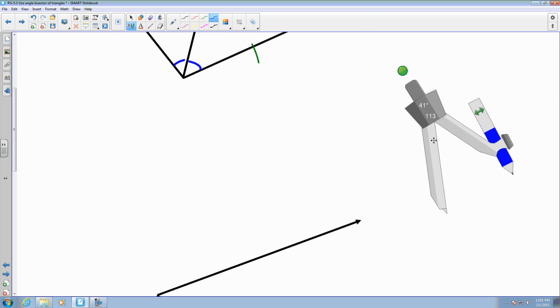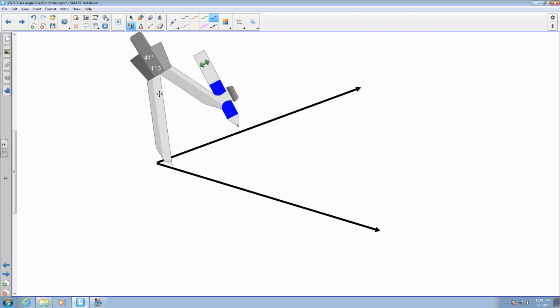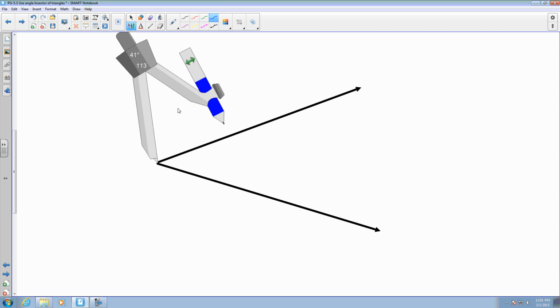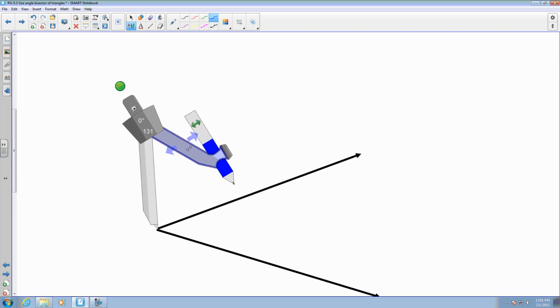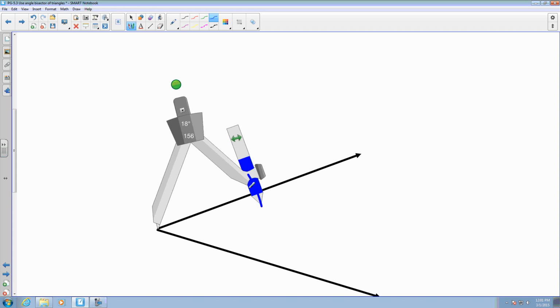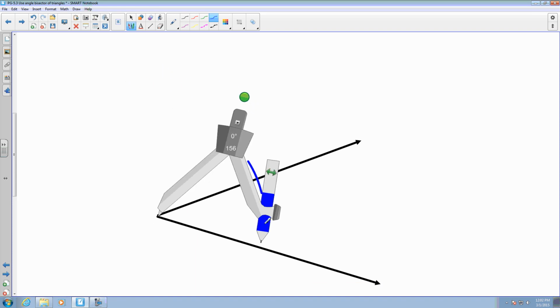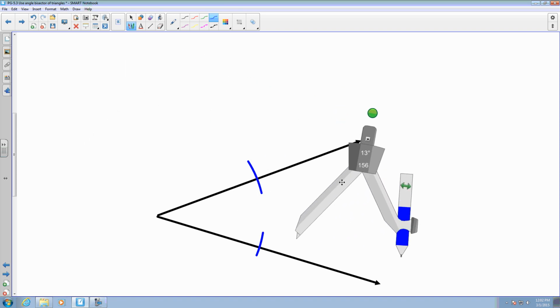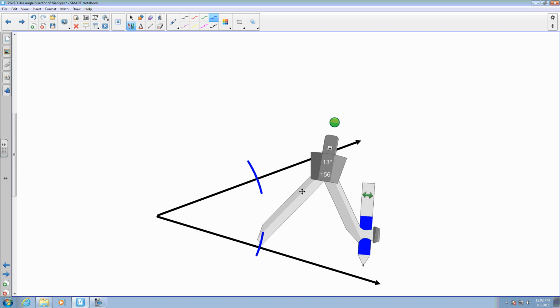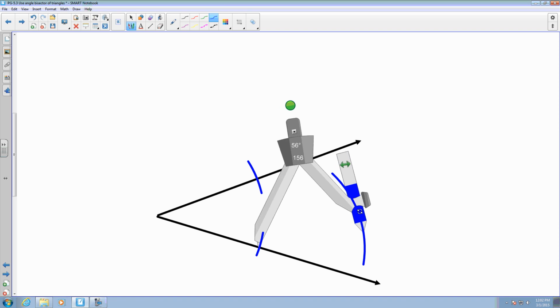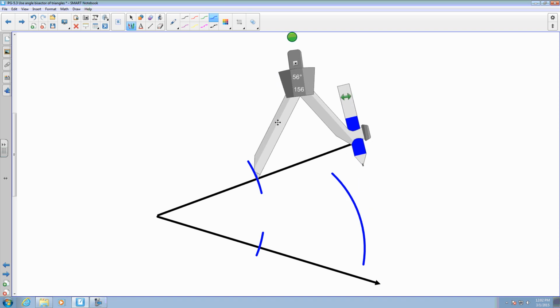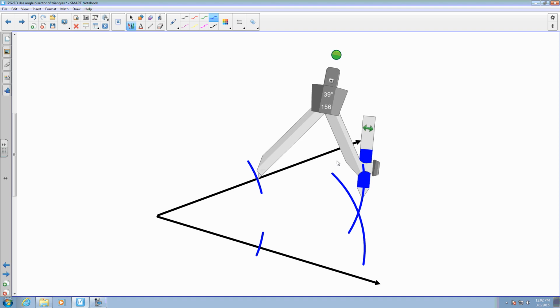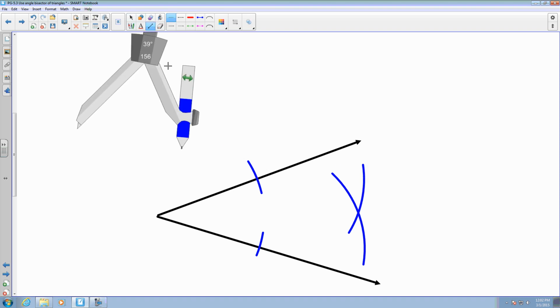Moving down, I got another angle here. Same thing, nothing changes. You can extend it whatever you'd like, but you just have to keep it the same now. Strike a mark here, come across, strike a mark here, so it intersects. Now what you got to do is from that same measurement from the compass, you're going to put your point and strike a mark here, and then you're going to go to where it intersects here and strike it here. So now I have my bisector, which is